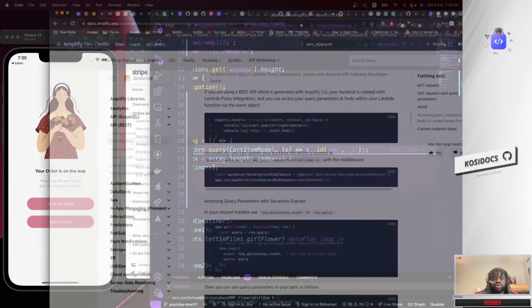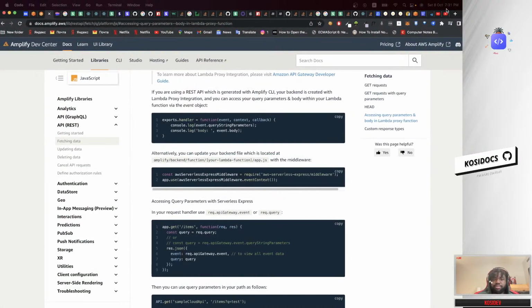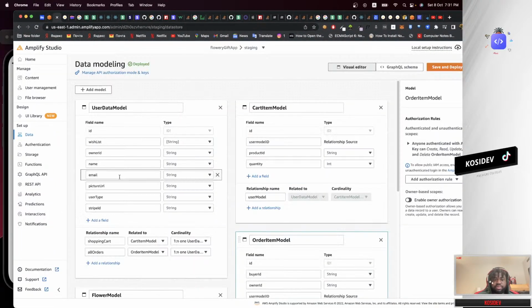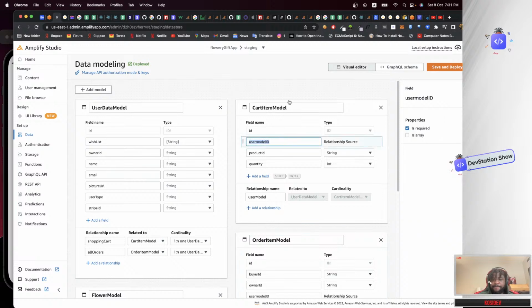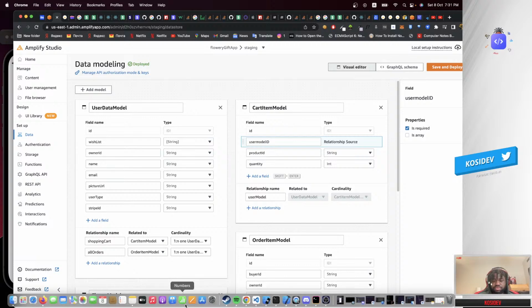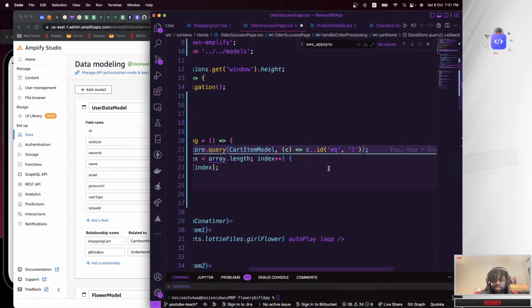So I'm going to show you guys what we're supposed to do here. So here's our back end, and each of our carts model has what we call a user model ID. So it has something called user model ID, and also a product ID or quantity ID. So we want to get hold of this user model ID. So make use of that user model ID.